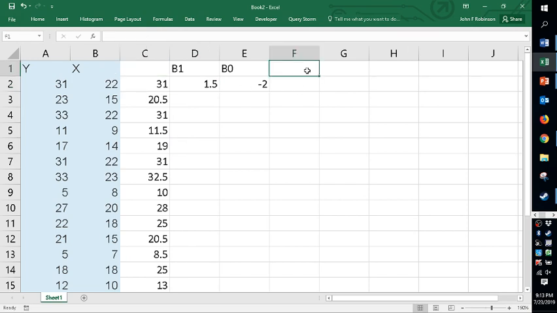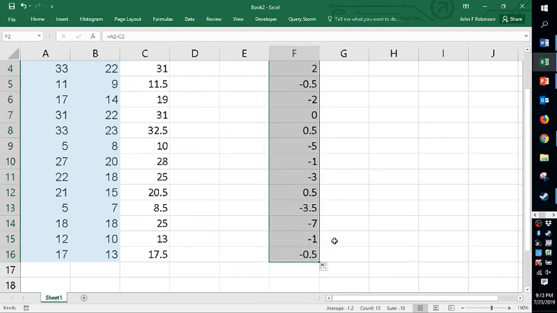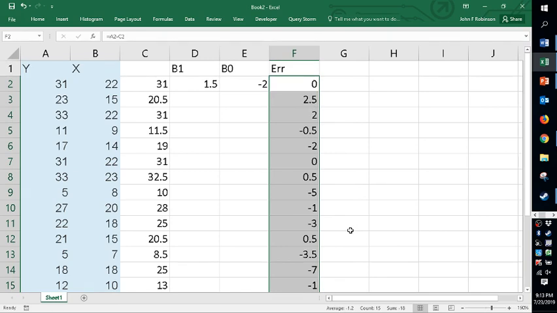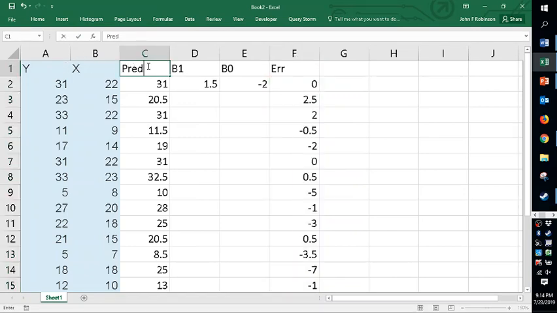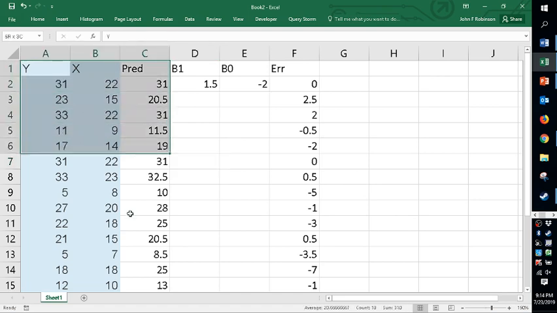So I can calculate how wrong I am. My error is just going to be my data minus my prediction. So I'm going to get a bunch of errors. Some of them big, some of them small. And in fact, if I want to, let me just show you a picture of this. If I graph these,